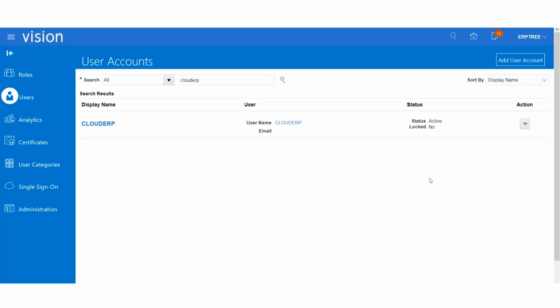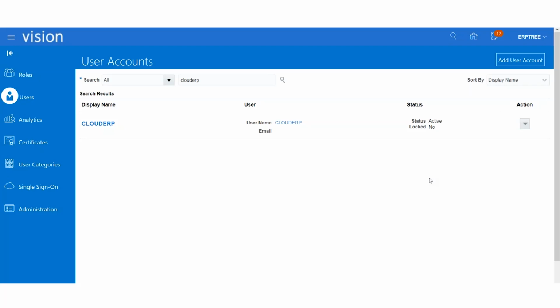What is the functionality of single sign-on here? Is this single sign-on within the application itself, or across applications? We'll talk about across. So that means we can do the integration with Active Directory. The same you can do for your Fusion applications also.